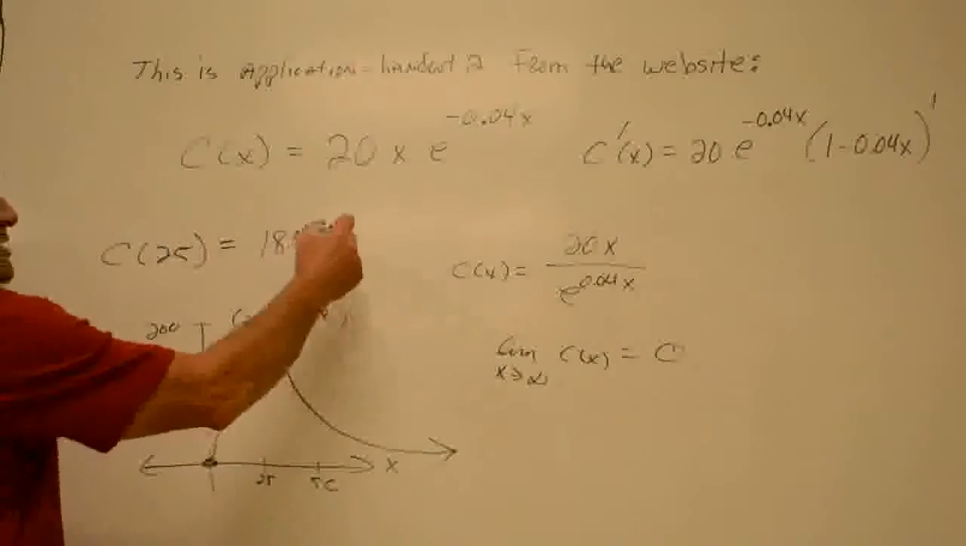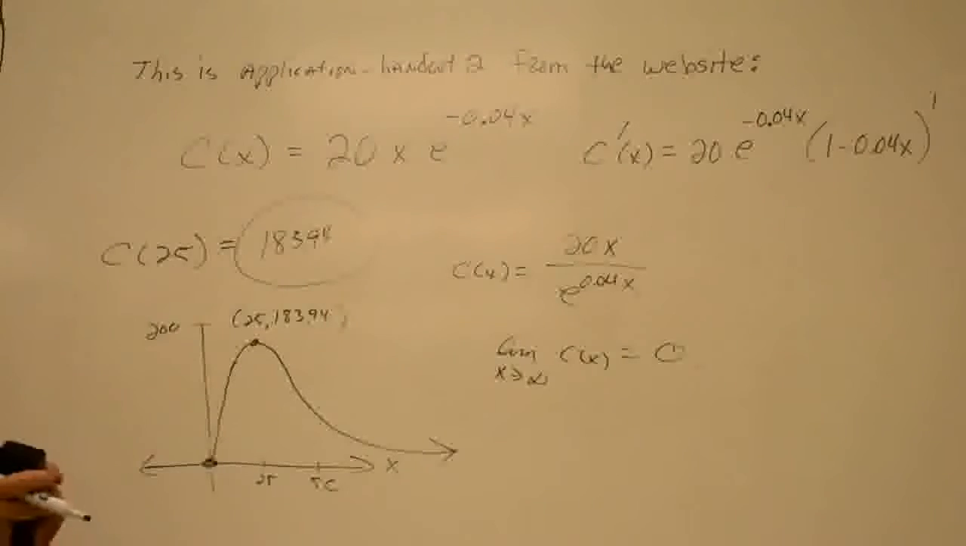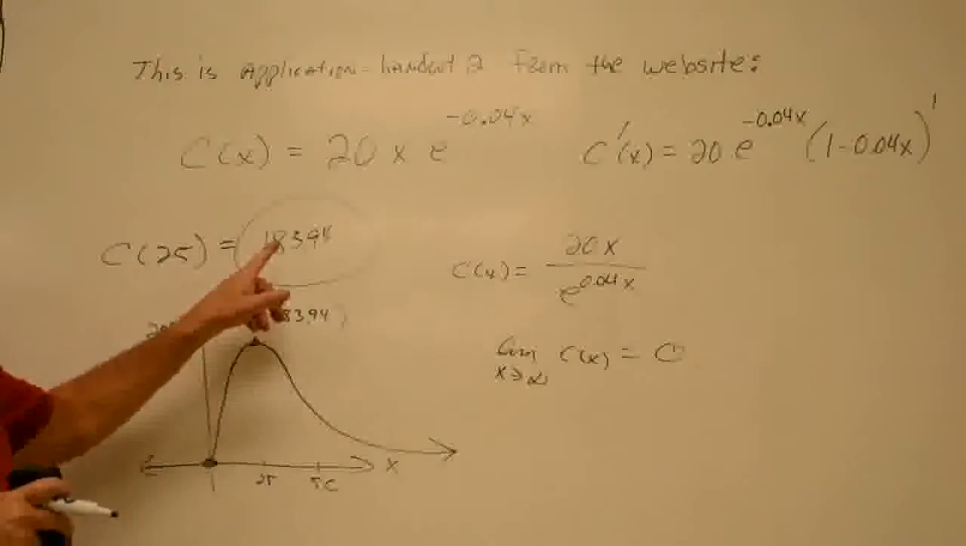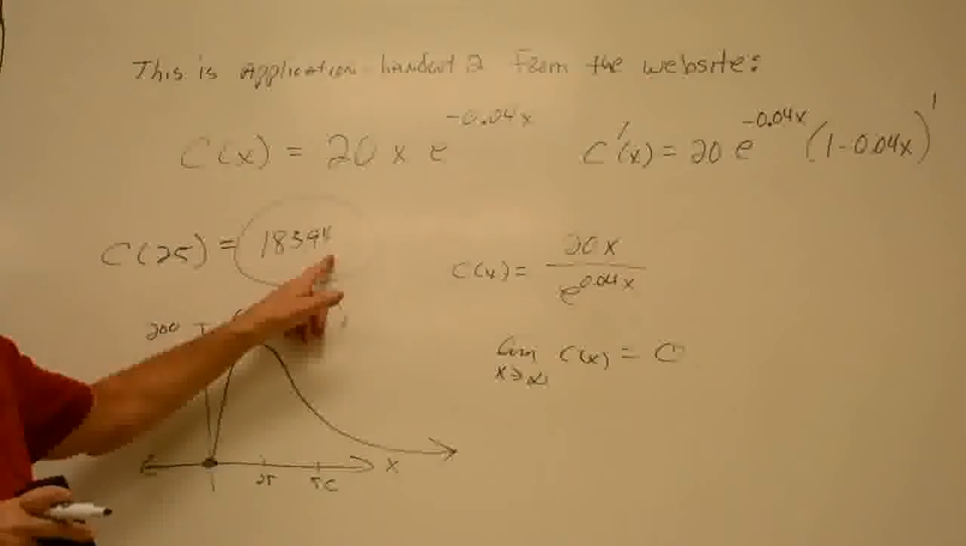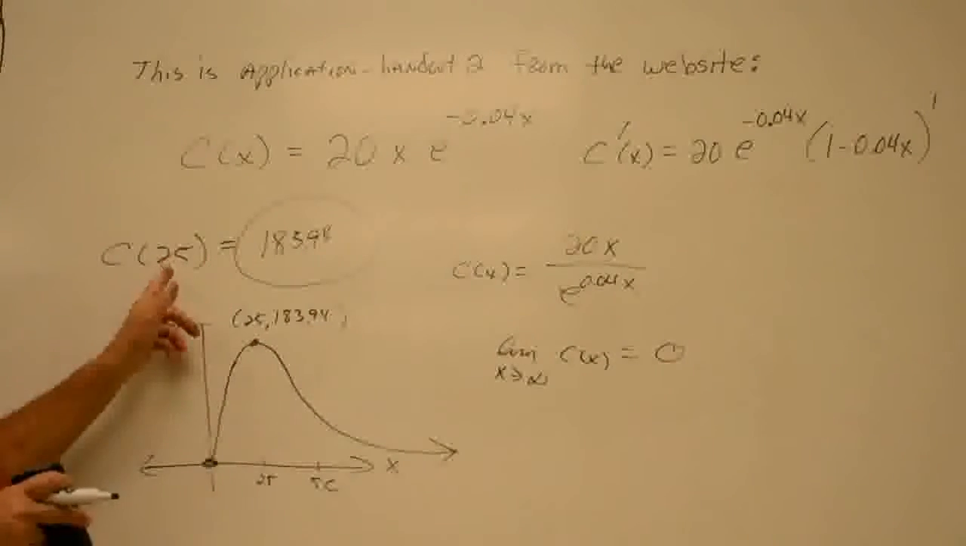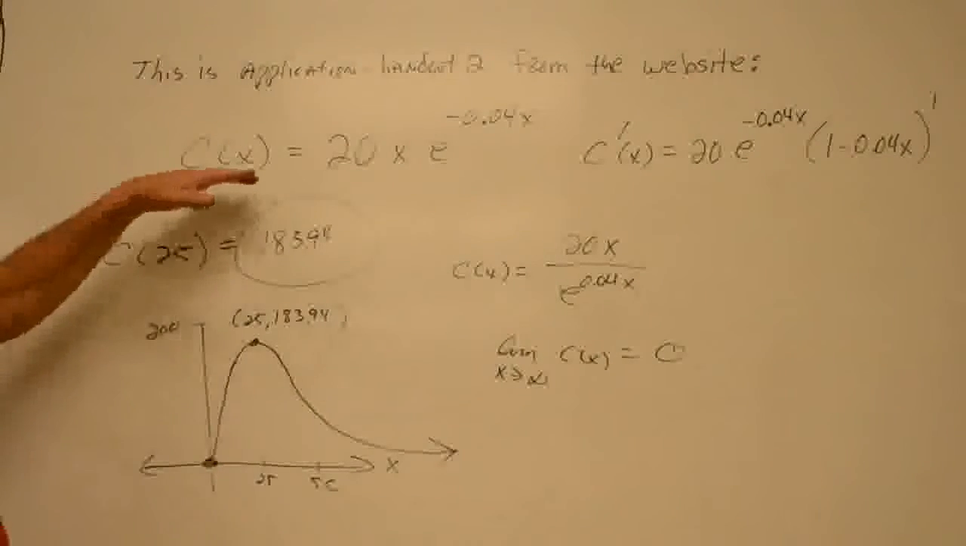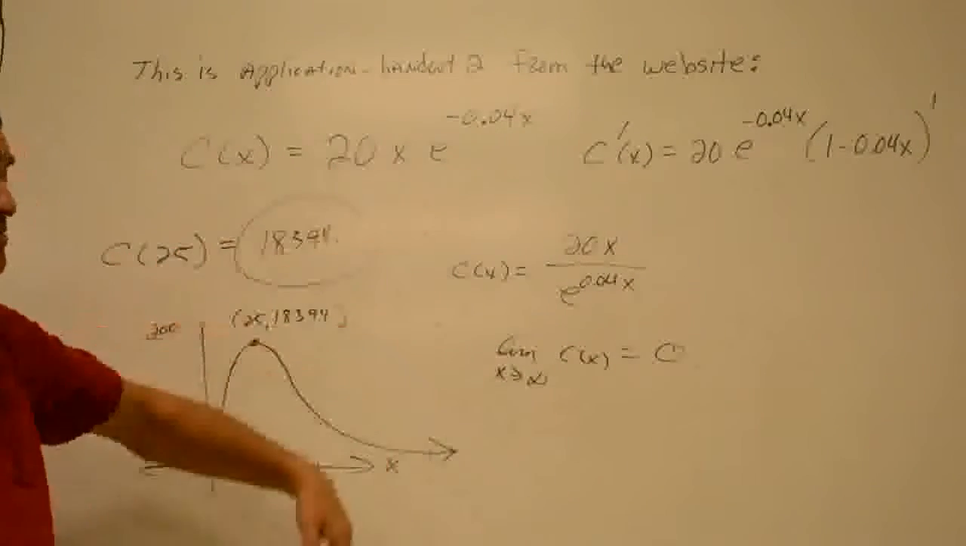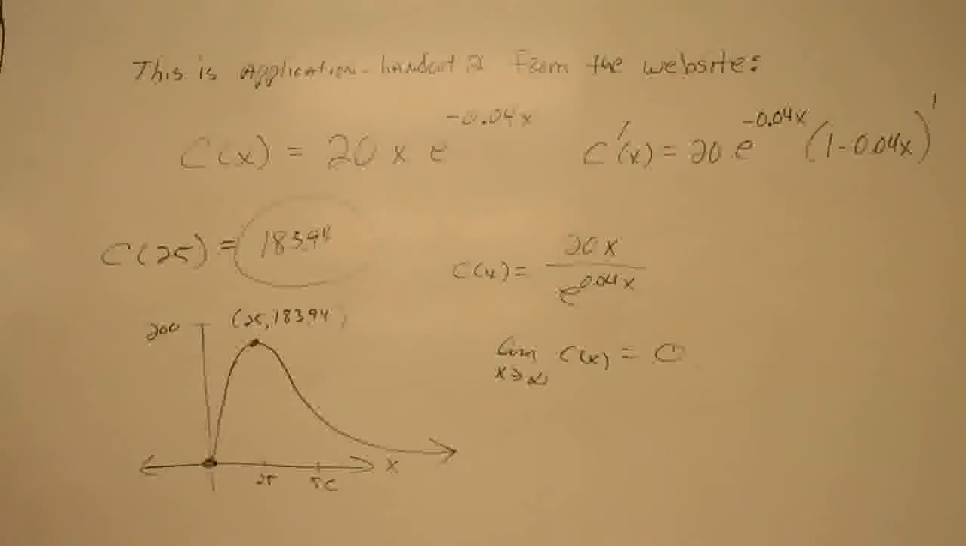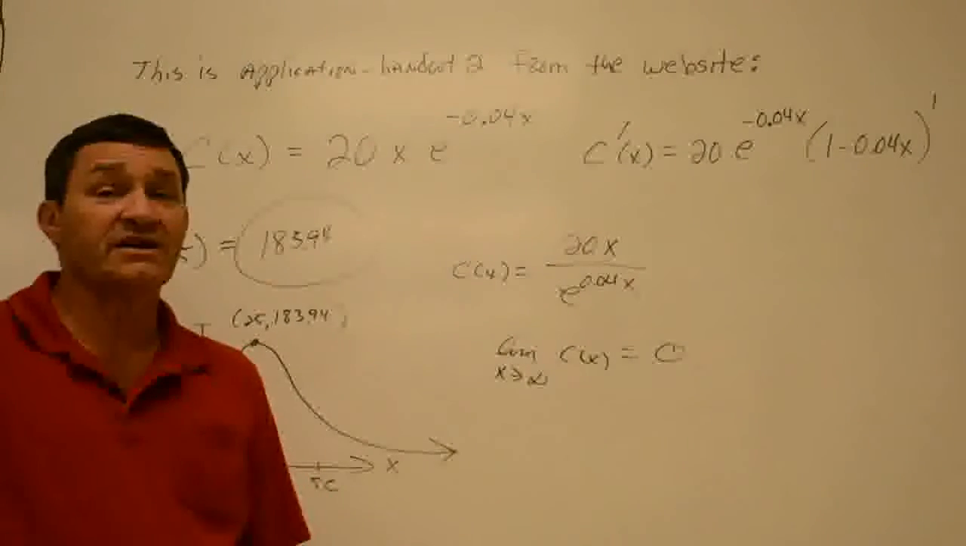Your maximum dosage, amount of the drug in the bloodstream, is 183.94 milligrams per milliliter 25 minutes after you've had the injection. And so again, you can see how that's a real handy application of what you've learned about calculus. And on that handout, you've got another problem that's a similar function, so just do what I did right here. And that is your lecture for Tuesday,